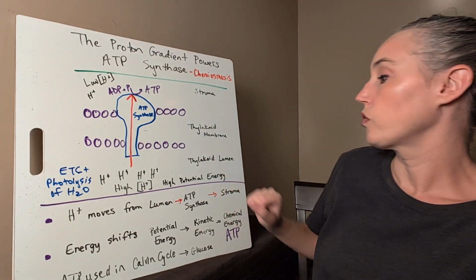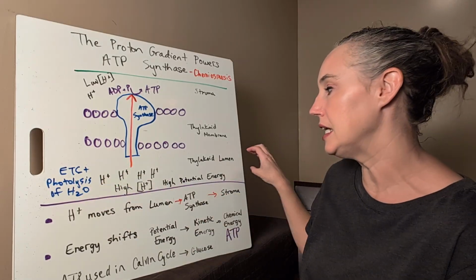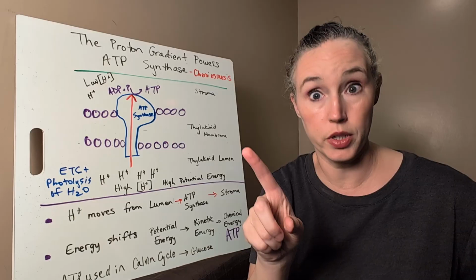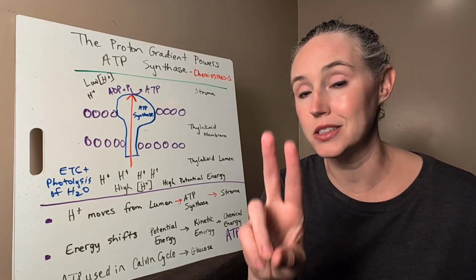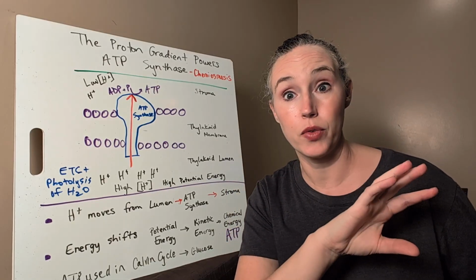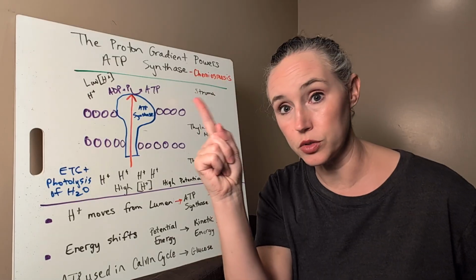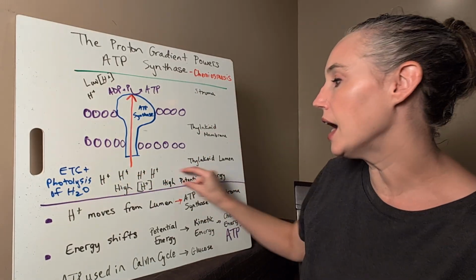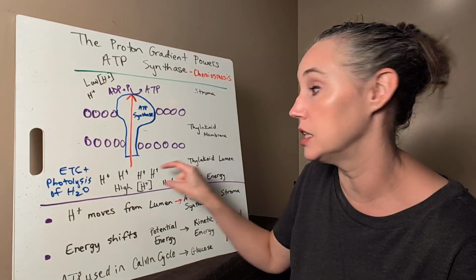So, protons get into the lumen two ways. One, through the electron transport chain, right, pumping them through, and two, through photolysis at the very beginning in Photosystem II, right? The electrons will move into the electron transport chain, but the protons stay in the lumen. So we're building up this high concentration, so we have a higher charge and we have a high potential energy